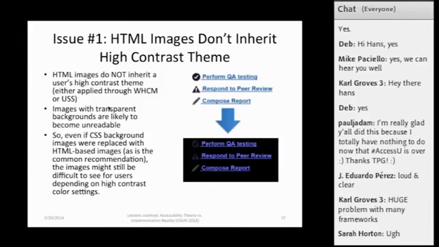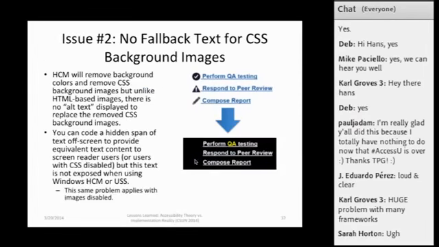So that alternative text approach of hiding text off screen works for screen reader users, because they obviously get the alternative text as an accessible name for the image as a fallback text, and it works for people who disable their style sheets altogether, because for them the text becomes visible. But it doesn't work for Windows high contrast mode, and it doesn't work for people who have user-defined style sheets that strip out background images, because the image will be removed, but the fallback text will not make it visible. So you kind of got the worst of both worlds. The image is invisible, and there's no text to fall back on.